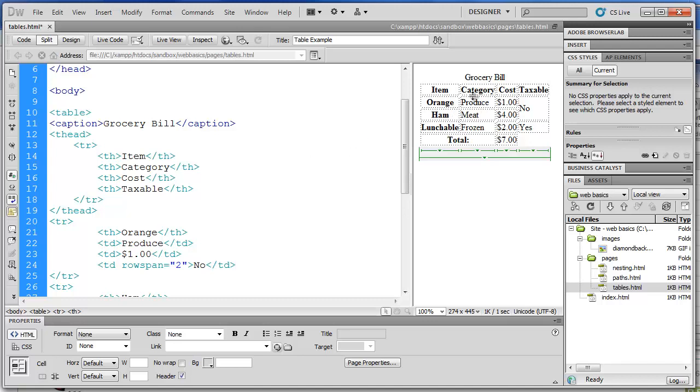So that might seem weird, but let's consider category here. The category is a heading, but it could be a heading for a row or a column. And we can tell that this is the heading for the column, but the computer can't, right? Because the browser is not human, and it can't guess, so it can only do what we tell it to do. So if we use the scope attribute to define the scope of this heading, then the browser will understand